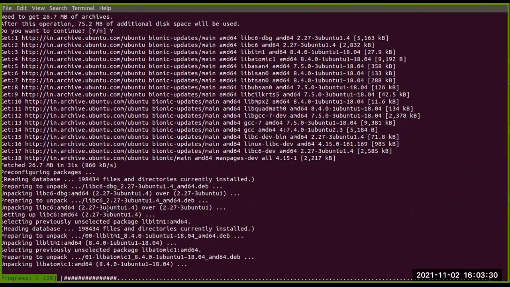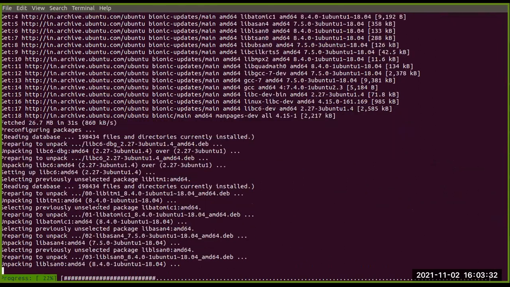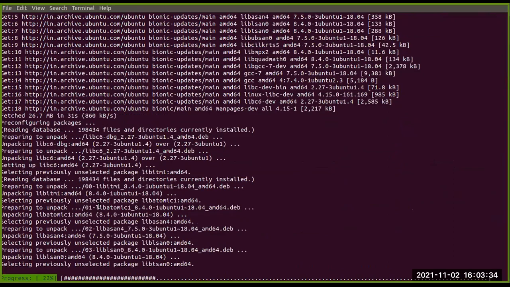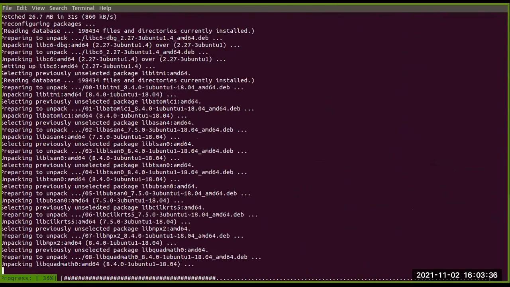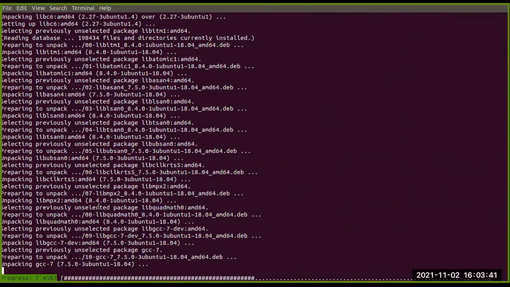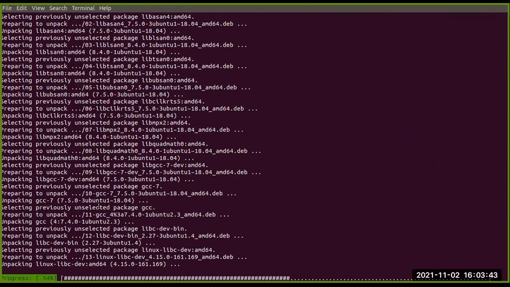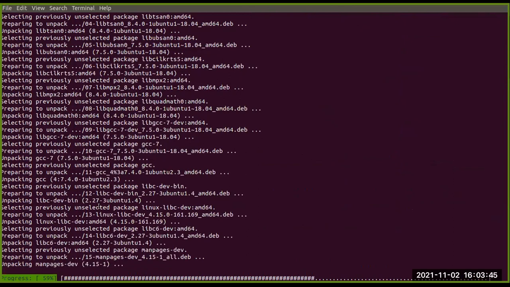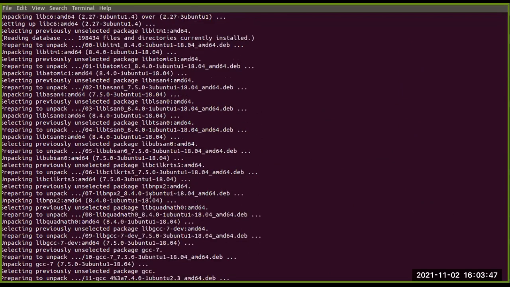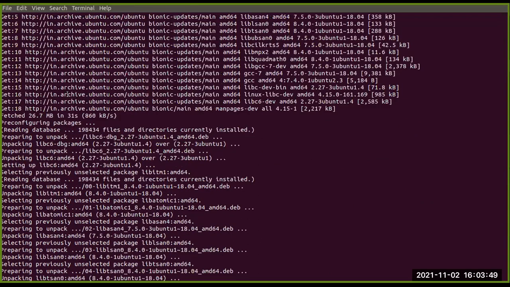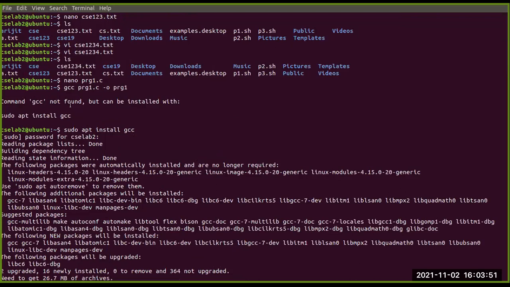So this is a very simple and easy way by which we can install any command package that is missing. gcc is a command package that was not installed previously, so now I am installing it with the simple command sudo apt install gcc. This is suggested here when I typed gcc.